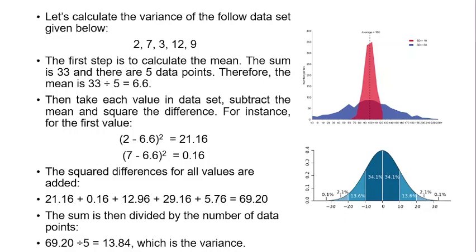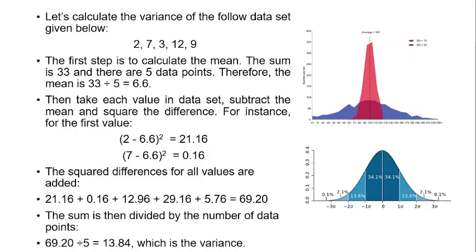Then take each value in the data set, subtract the mean and square the difference. For instance, the first value 2 is subtracted from 6.6 and then squared. So it comes 21.16, and then 7 is subtracted from 6.6 and then squared,